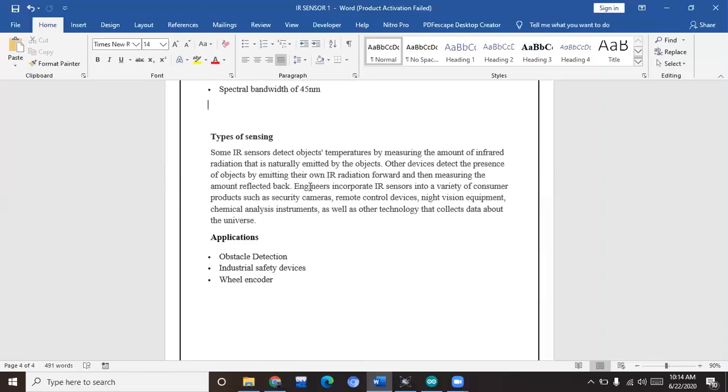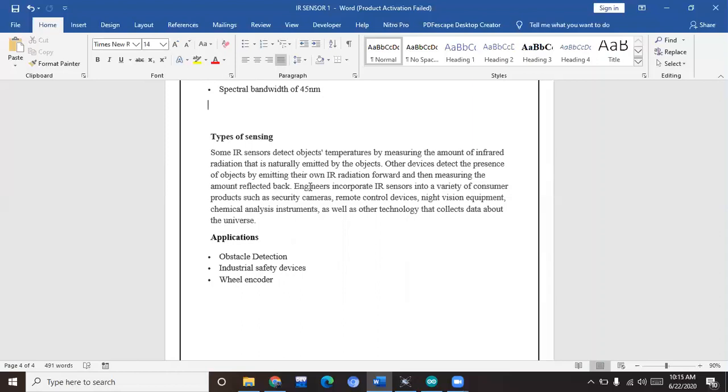Passive sensor basically means the IR sensor is not using an IR transmitter or receiver. Every body in this world emits infrared radiation, so there is one sensor that can detect that infrared radiation and give a result.